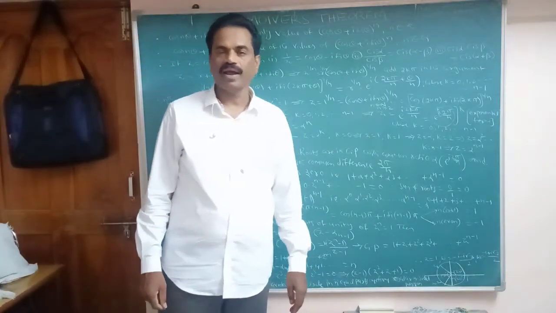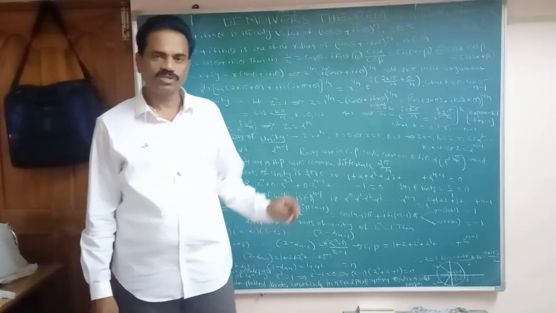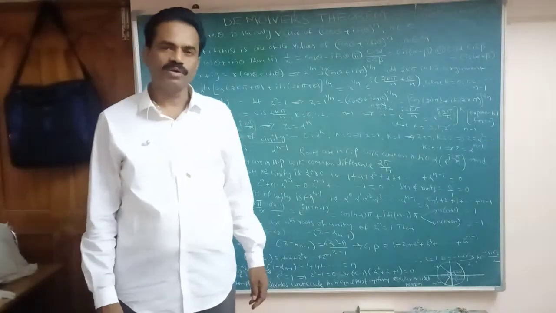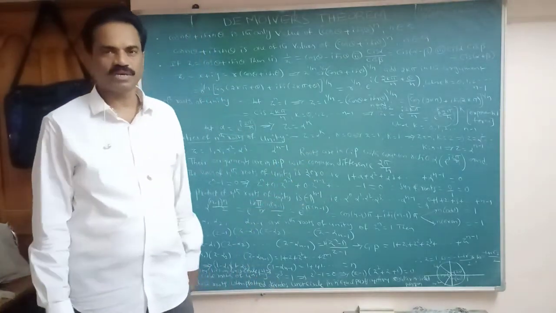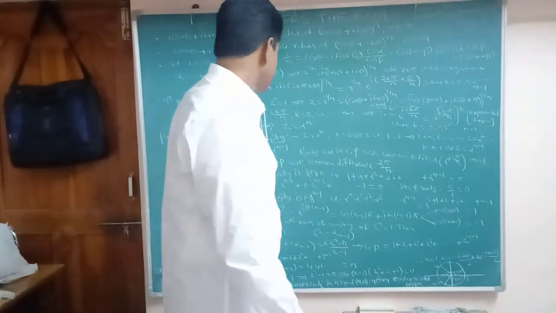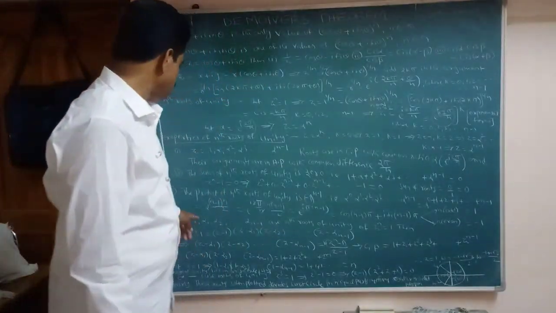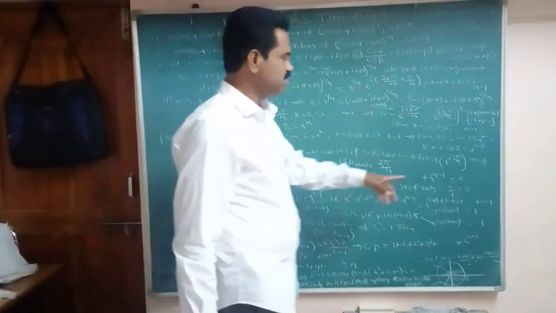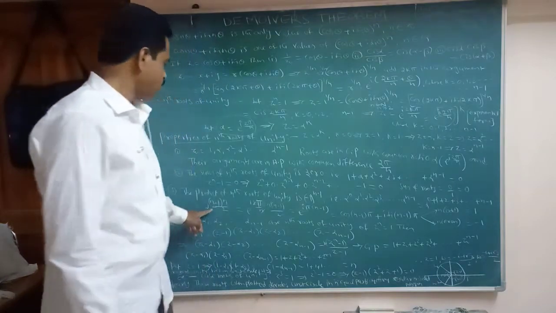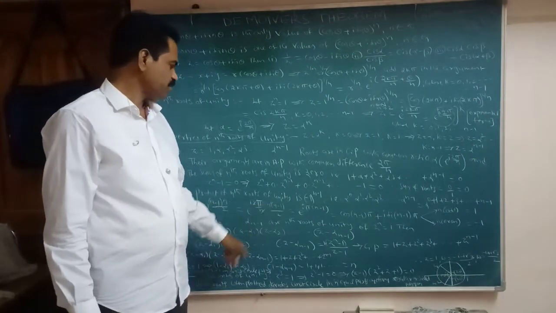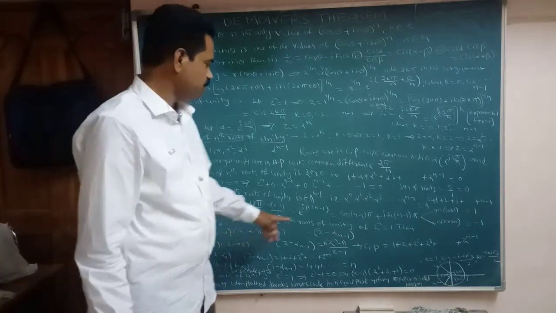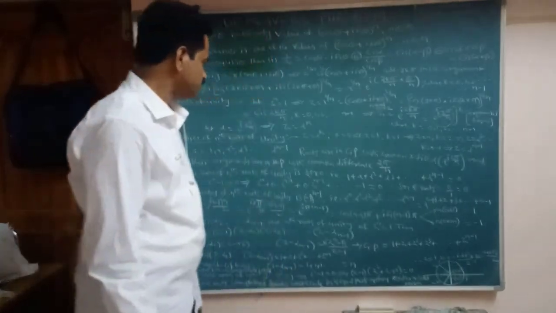So bases are equal, adding the powers, that is alpha power 0 plus 1 plus 2 plus 3 and so on up to n minus 1. We know the summation of n equals n into n plus 1 by 2. Here put n equal to n minus 1 and substitute: e power n into alpha power n into n minus 1 by 2. What is alpha here? Alpha is e power i 2 pi by n. So e power i 2 pi by n into n minus 1 by 2. Here n cancels, 2 cancels. So that is e power i pi into n minus 1.